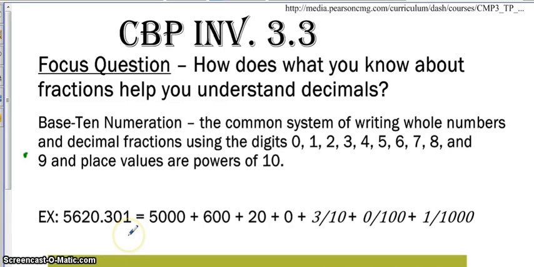Okay, today we're going to take a look at how what we know about fractions can help us understand decimals. Part of this is base 10 numeration, which is the common system of writing whole numbers and decimal fractions using 0, 1, 2, 3, 4, 5, 6, 7, 8, and 9 in the place values that are all powers of 10. For example,